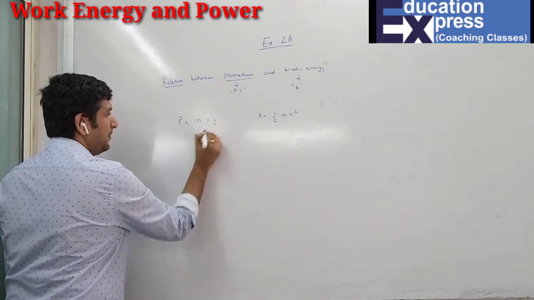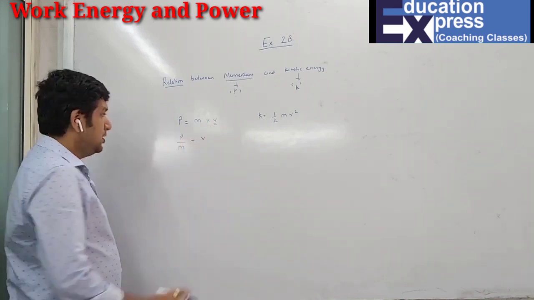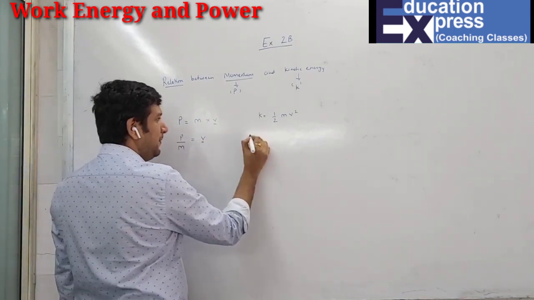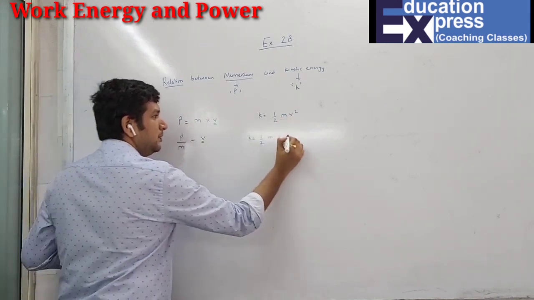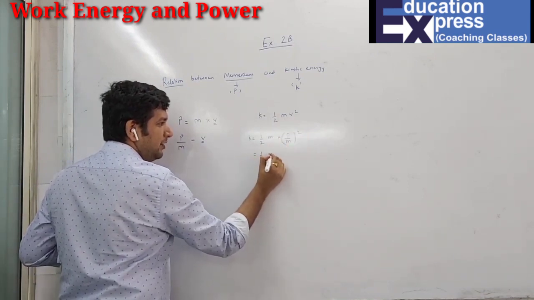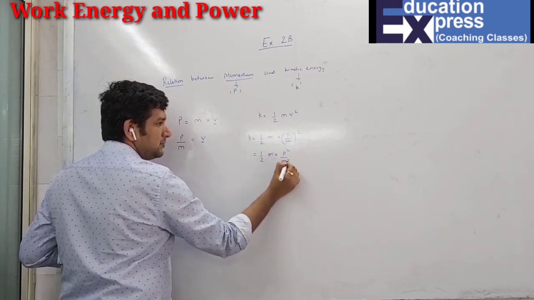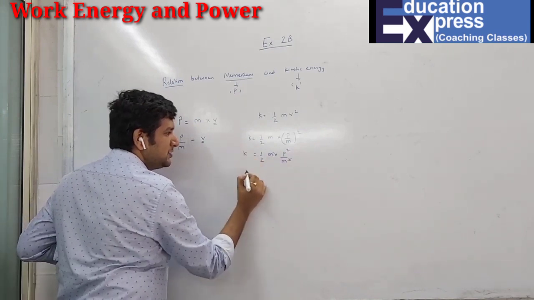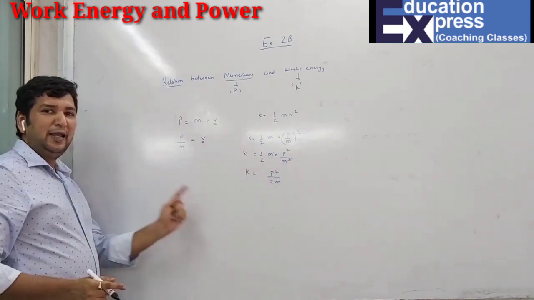Can I say that velocity over here is nothing but momentum upon mass? So instead of velocity I can write momentum upon mass. Substituting this value of v, what is v? The momentum upon mass, squared. So half m p square upon m square. The mass will get cancelled, so what is left is K equals p square upon 2m. Hence we have got a relation between K and p.